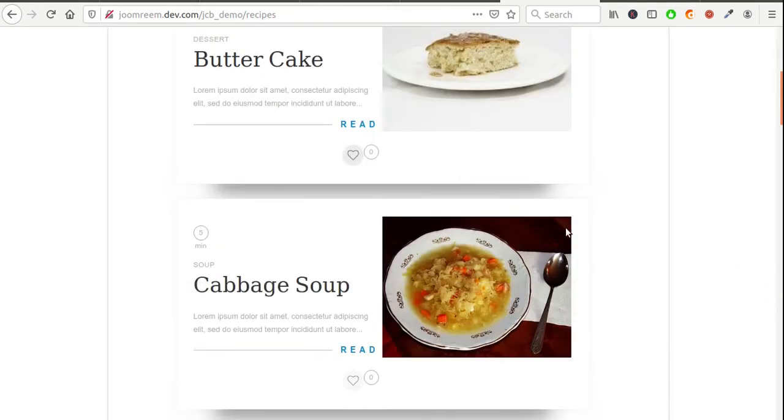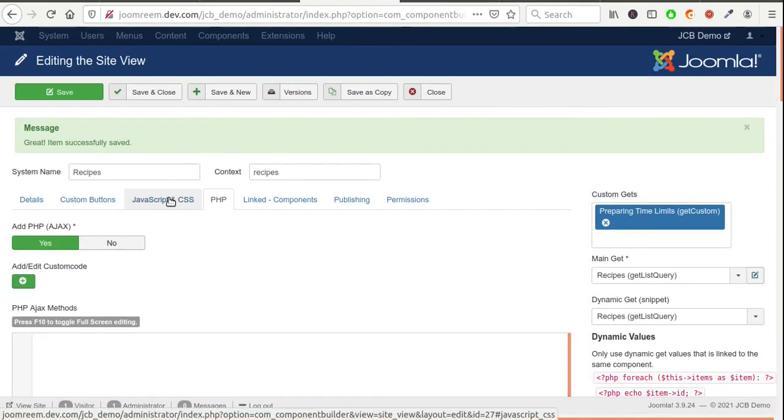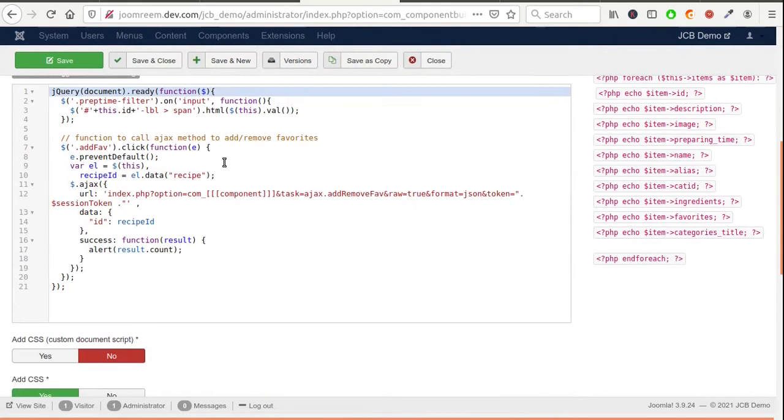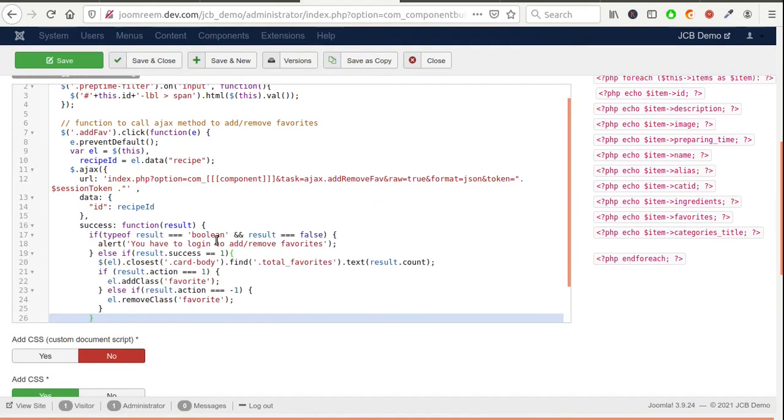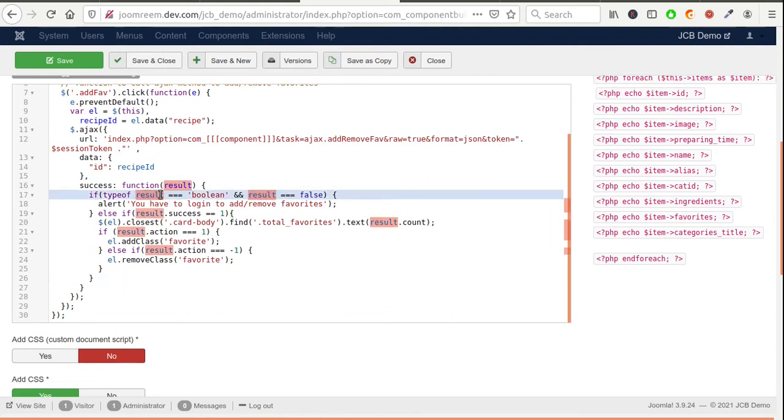Okay, we need to improve the front end such that the counter is updated correctly and also the heart filling color is different when a recipe is added or removed. Let's modify the JavaScript function to implement this feature. At the beginning, we will check whether the returned result type is Boolean, not a JSON object.